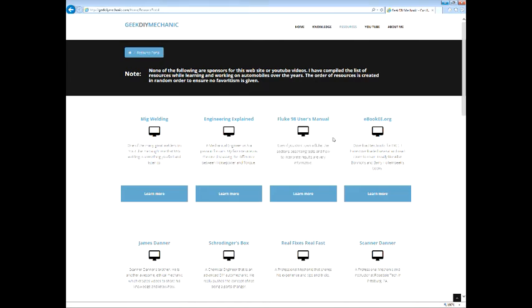Fluke User's Manual. You may not own a Fluke 98, which is a scope meter. I do. But in this manual, there are some great tests. In addition, they explain what the proper curve should be for ignition, a knock sensor, just great information. And it's free.